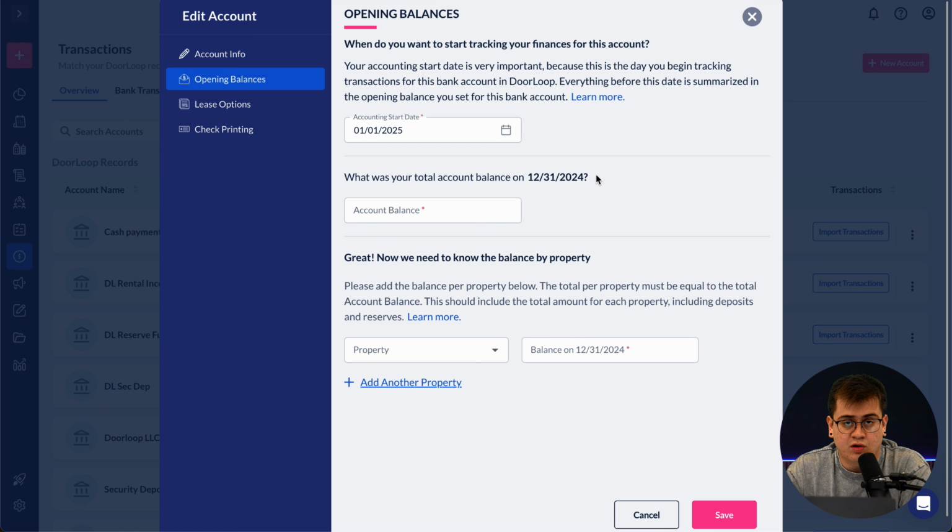In this case, December 31st of 2024. I do recommend that you keep the date on there that DoorLoop suggests. Now, I will clarify that if you did receive any rent payments for the month that you're starting your accounting